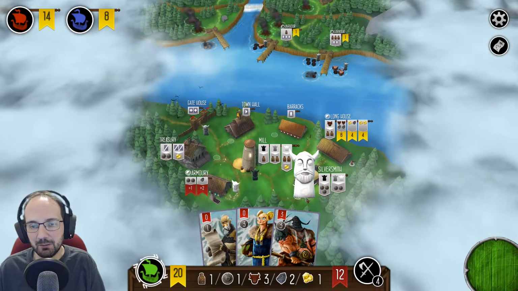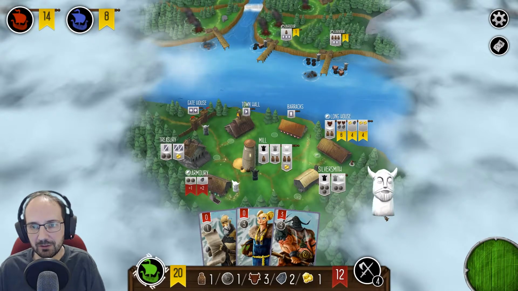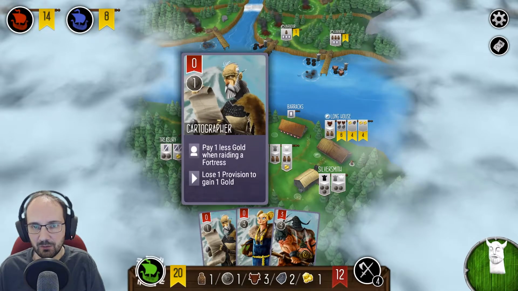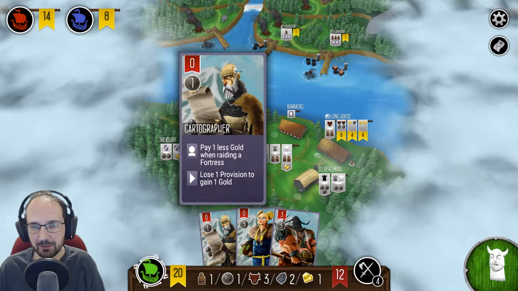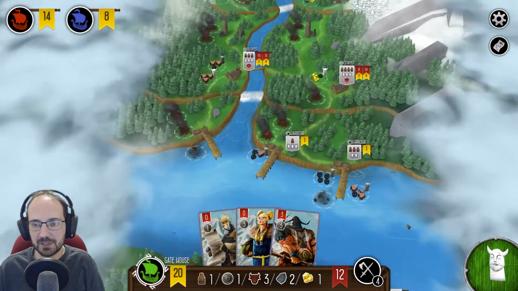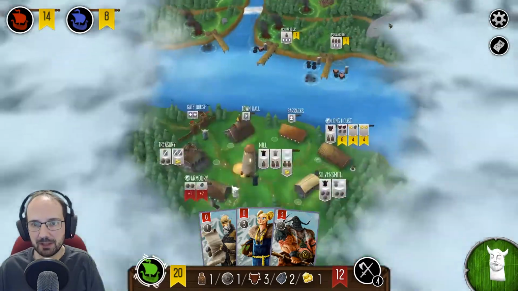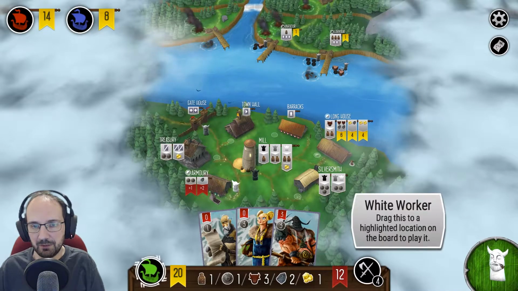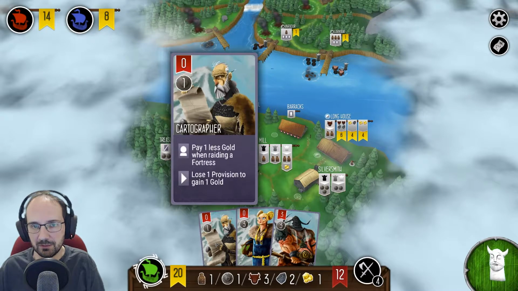Black worker at the mill would only give us 1 provision. It's not that efficient. What did he do again? 1 less gold when raiding a fortress. I mean, that is actually pretty good. But only have an attack strength of 12 when... maybe we can do...